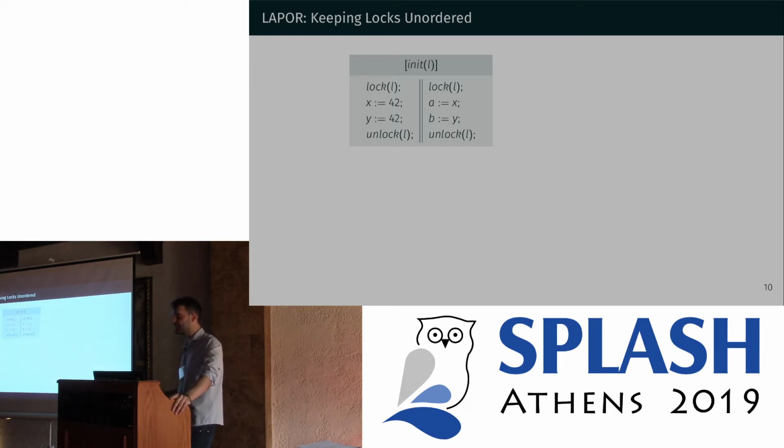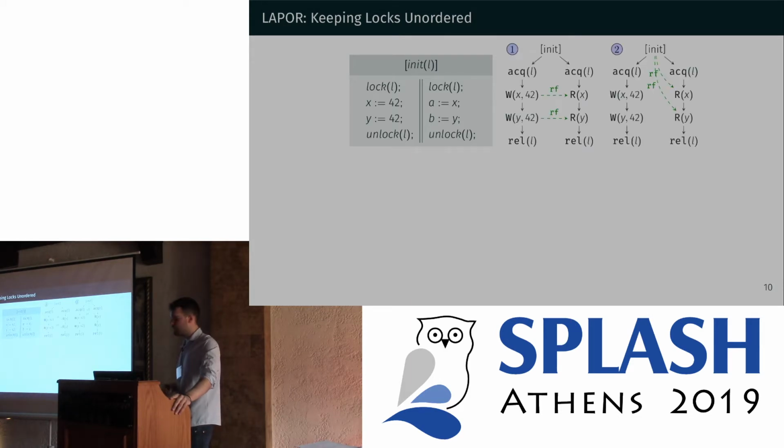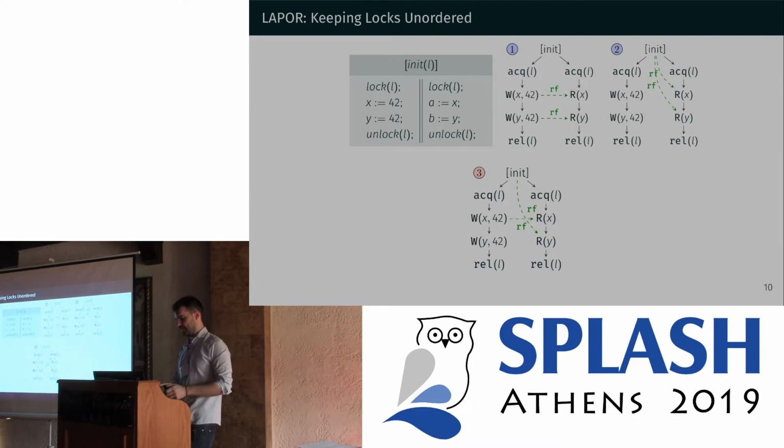So what Laper needs to do is generate these two graphs. In the first graph, we have both reads reading 42, and in the second graph, we have both reads reading 0. Now, these are the executions that Laper must generate, and it also must not generate this execution, for example, where we have the first read reading 42, and the second read reading 0. And it must not generate this, of course, because this violates mutual exclusion, which is the whole point of the